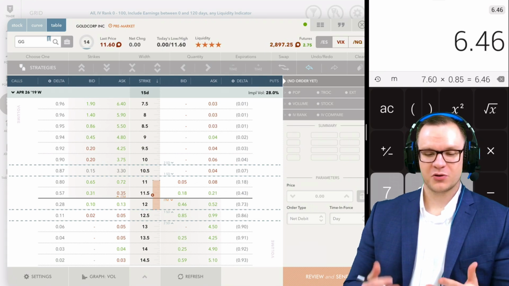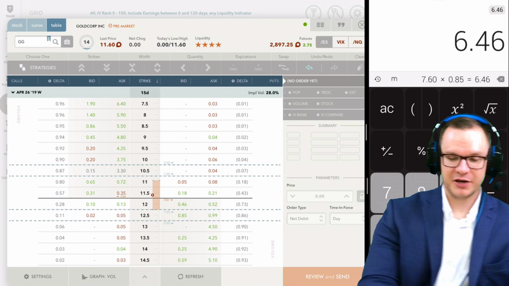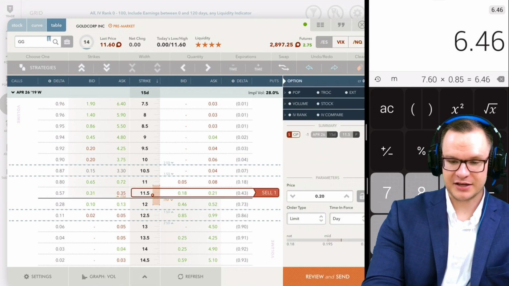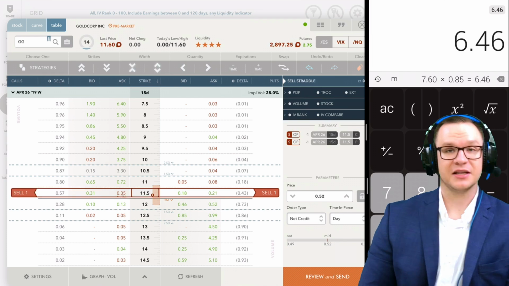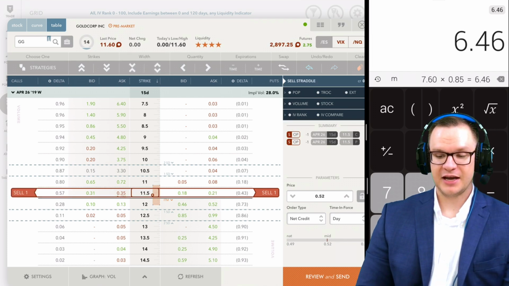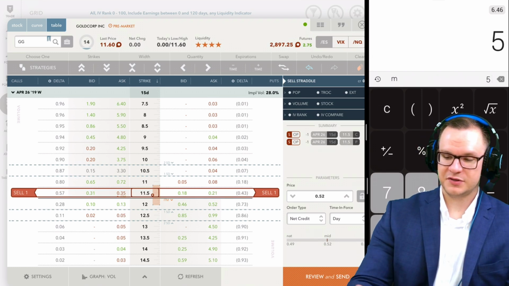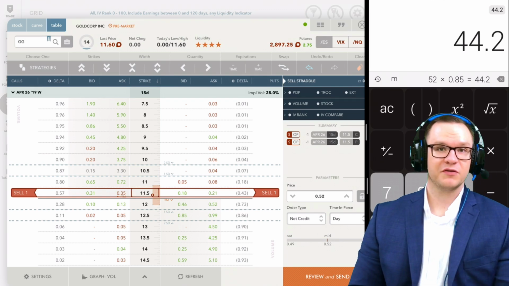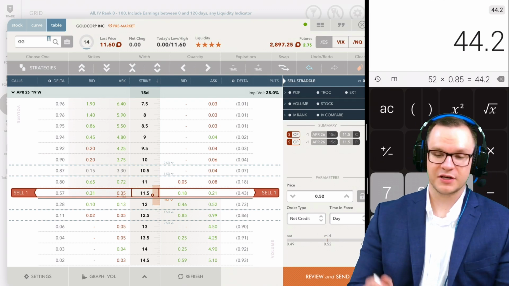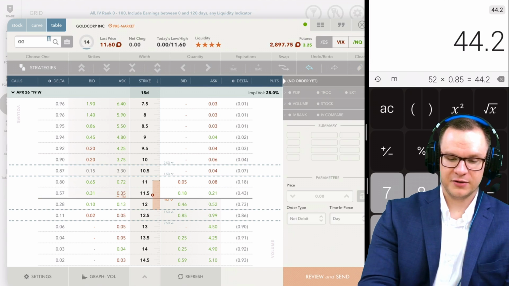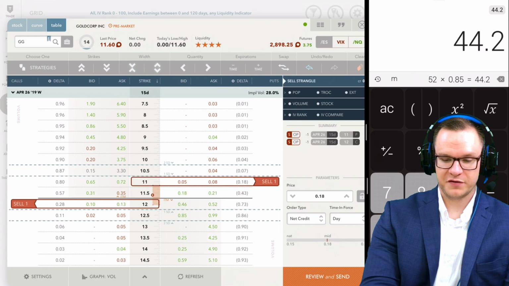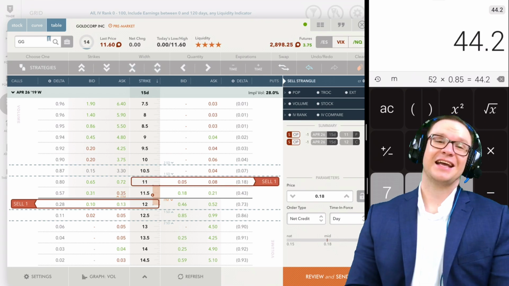But Gold Corp Inc. has an expected move. Remember, you go to the at the money, and it's priced at 11.60. So at the money is the 11.50 strikes, and it has a net credit of 52. So 52 cents times 0.85 means our expected move in the trade is only 44 cents. Now, let's say that we want to go 44 cents out of the money. So the 12 and the 11, right? That is an 18-cent